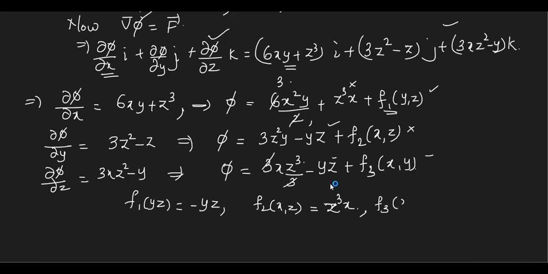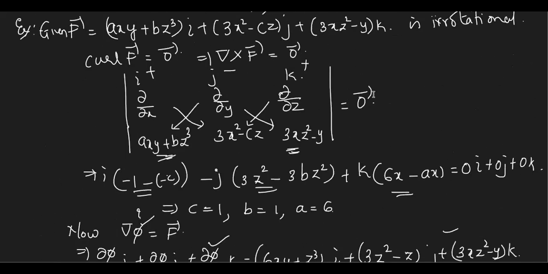What is f3? A function of x and y: 3x square y. Where did we miss it? I think in the question paper there is a mistake. See, I'll try to rectify it. This should be 3x square. Is it going to affect your a, b, c values? Okay, I wrote it wrong, I guess. Am I right? Yes, ma'am.